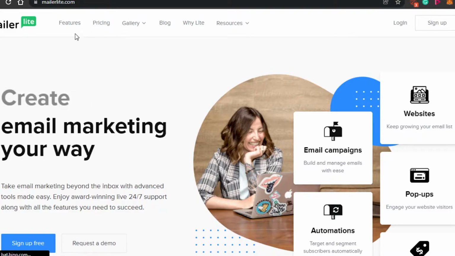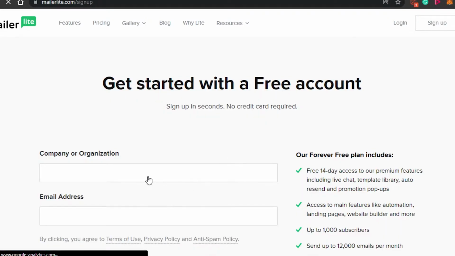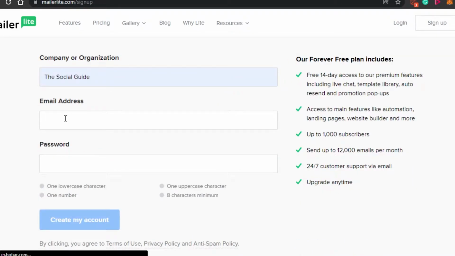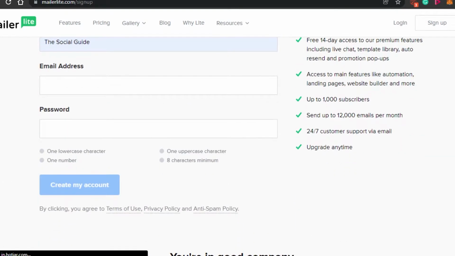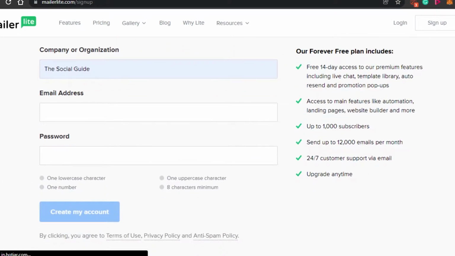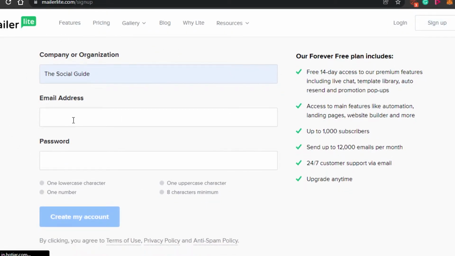Once you have signed up for your Mailerlite, first what you have to do is simply click on sign up and then it will ask you about your company name and you will have to add the email address. Simply add the company name, for example, the social guide, and then you will simply add your email address and set up a reasonable password. So that is what I am going to do now if I were to sign up, or I can simply log into my account that I already have. So what you have to do is simply sign up. Once you have signed up, you will get your own dashboard where we will be able to create our own